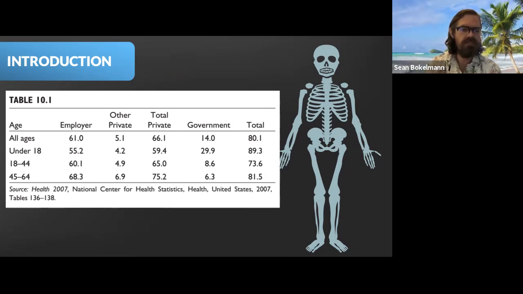It looks like, for people under 18, a lower fraction of them are covered by employer-based health insurance than older people, which makes sense in a lot of ways. People under 18, I guess they would be dependents on their parents' insurance more than likely. But then that percentage goes up as you get into higher age brackets. You can see that there's a large proportion of people under 18.